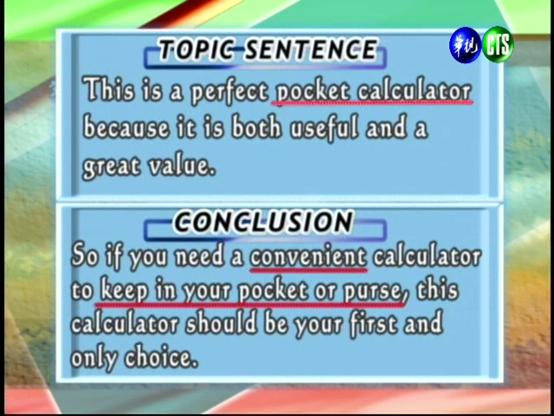And so in the intro, it says pocket calculator, but in our conclusion, we have the words convenient and keep in your pocket or purse. 好，那我们在主题句里面提到说，它是一个 pocket calculator 放在口袋里携带的这种计算机。到了结尾的地方，我们就提到说它很方便，而且可以放在你的口袋或者是皮包里。And then also in our introduction, we say this is a perfect calculator. And then in our conclusion, we say it should be your first and only choice. 在主题句里面呢，我们说它是一台 perfect，它是一台完美的计算机。到了结尾句的地方，我们就提到说它应该是你唯一而且是最好的选择。